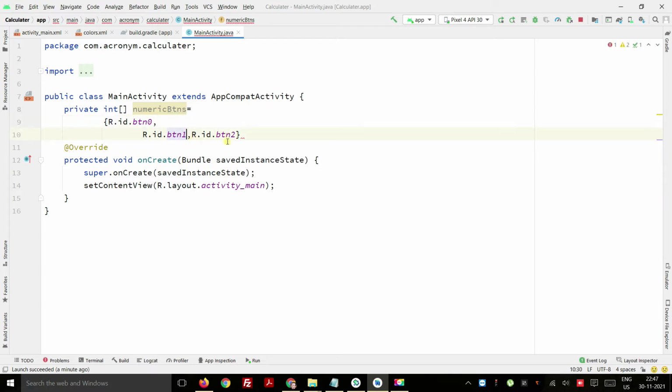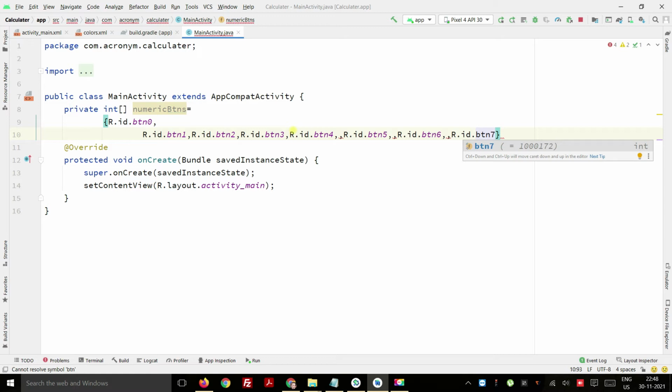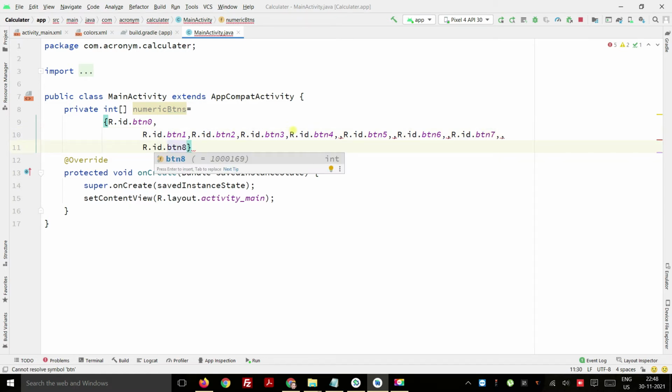I will take one more copy here, it becomes easy, and I will name it 3, and then 4, then 5, then 6, then 7, then 8, and then button 9. I have an extra here, so I'll just remove it.